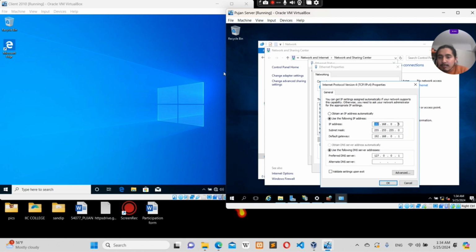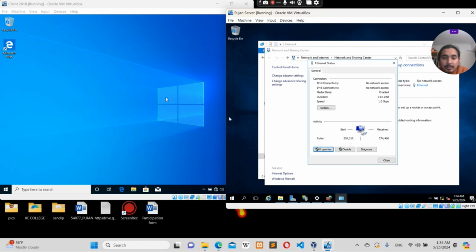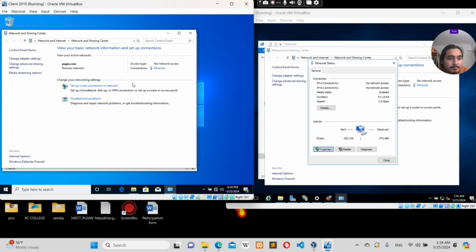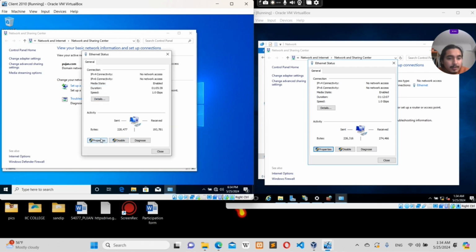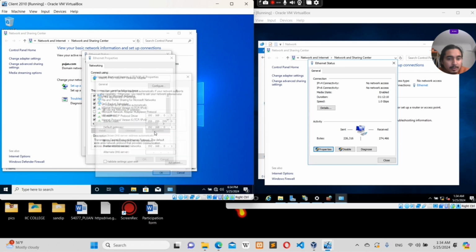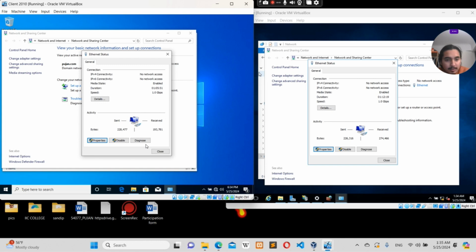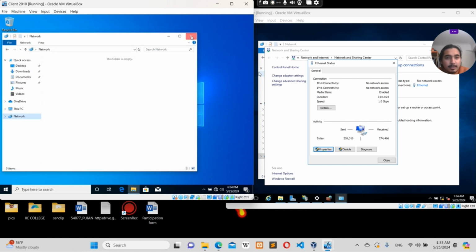IPv4, I just provided the IP address 192.168.0.5, the subnet mask, then the default gateway, and then the DNS server. And then in the client machine as well, I have provided the IP address for IPv4, then the gateway and the DNS server, everything over here. And then after that